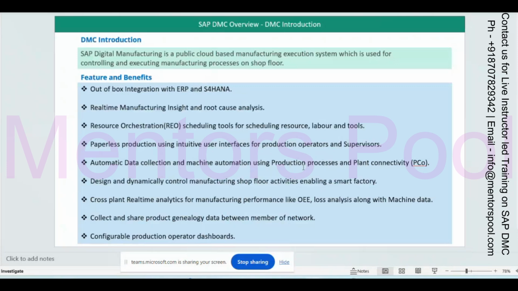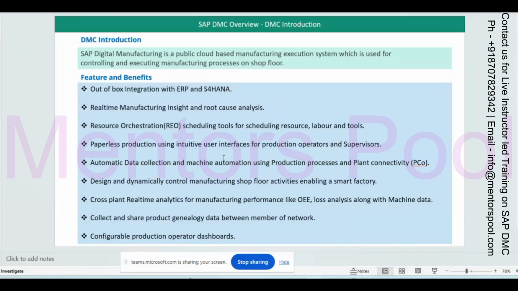There is automatic data collection and machine automation using the production process and plant connectivity. So if you are using the production plant connector or plant connectivity, in that case you can automate data collection as well. Suppose you want to capture the speed of the machine at which the production is going to be performed. If your machine has been integrated, then through Pico you can capture the temperature also at that particular time, and that temperature you can attach with the product that you are manufacturing.